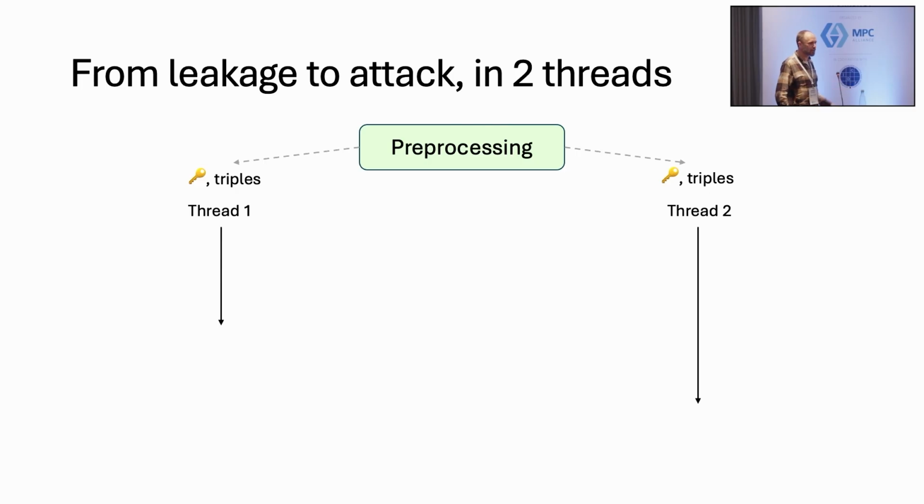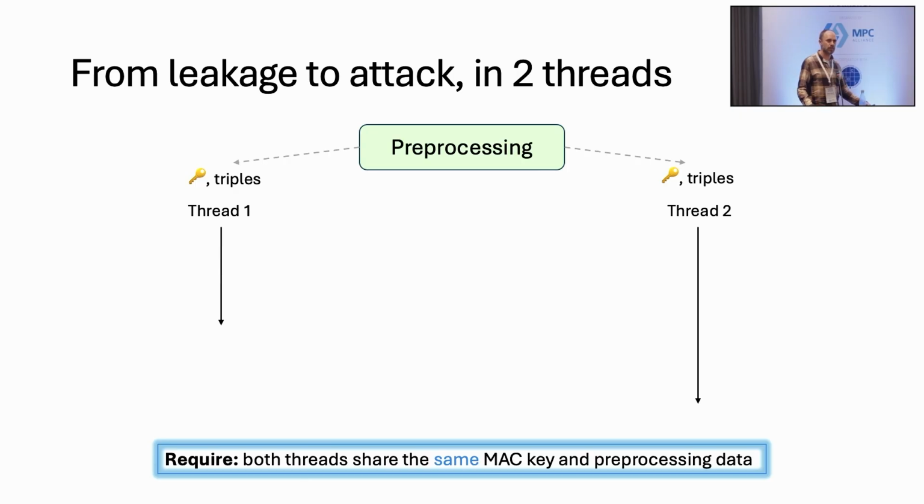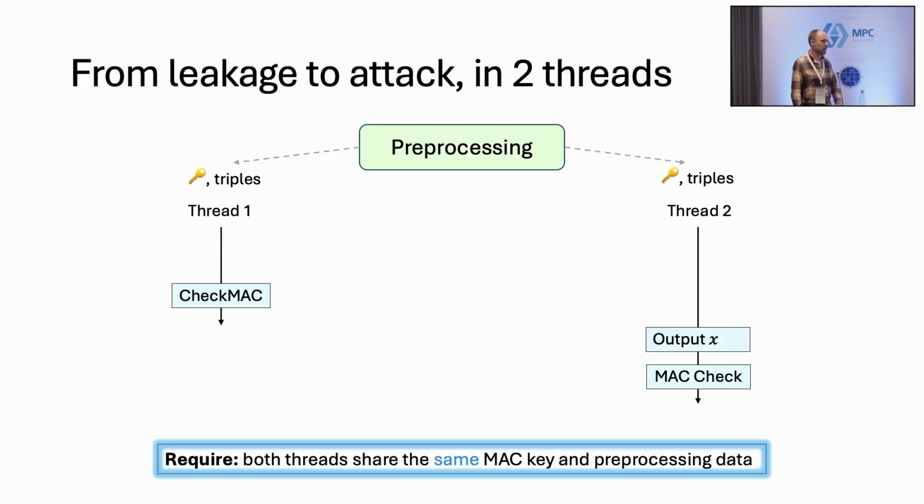So thinking hypothetically still, we can imagine a situation where the online phase is done in a multi-threaded setting. So we have 2 threads running the online phase independently, but assume that they both share the same pre-processing material used in SPDZ, and in particular the same MAC key. Then we can have an output in the first thread, which has a MAC check protocol, where Alice can cheat in the MAC check protocol and learn the MAC key, and hang thread 1, and then pass this over to thread 2, and use this to cheat in an opening of some value x, and then basically change this to whatever she wants, and use the key to forge the MAC check,